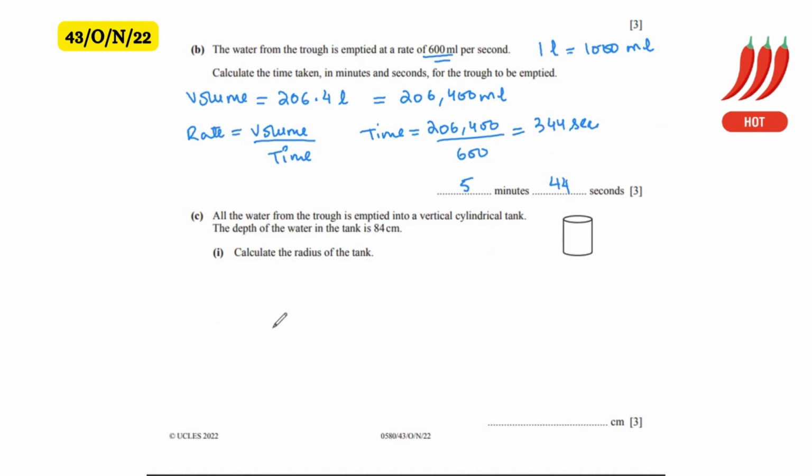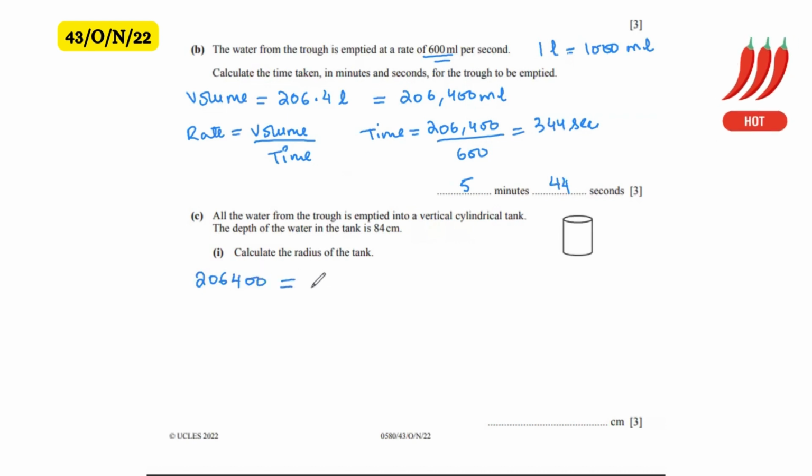Then part C says all the water from the trough is emptied into a vertical cylindrical tank. The depth of the water in the tank is 84 centimeters. Calculate the radius of the tank. So 206.4, the water in centimeters, right? So volume in centimeter cube was